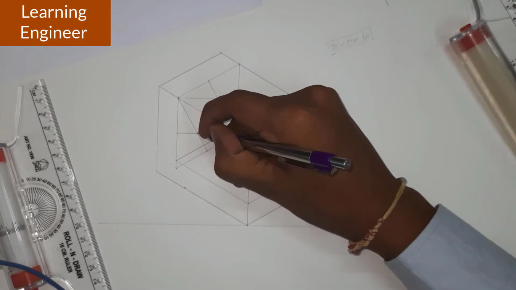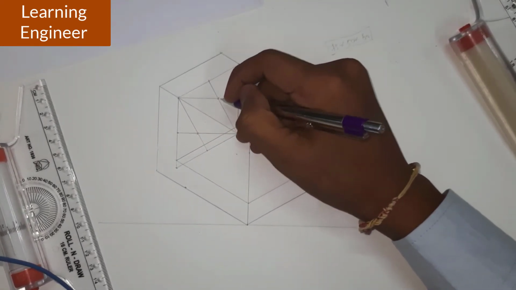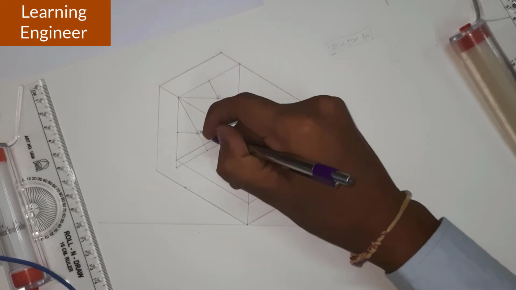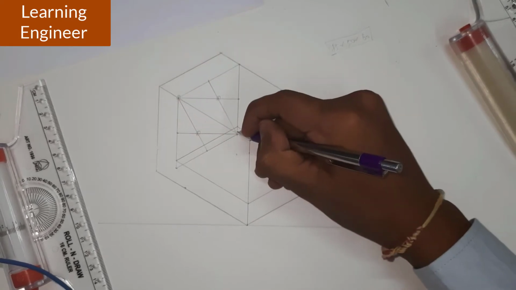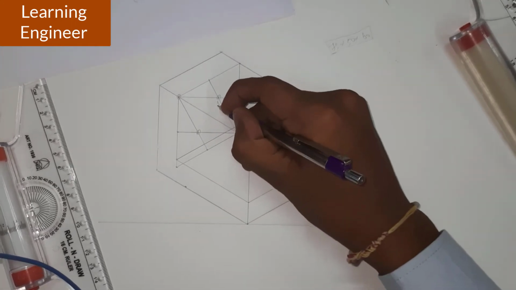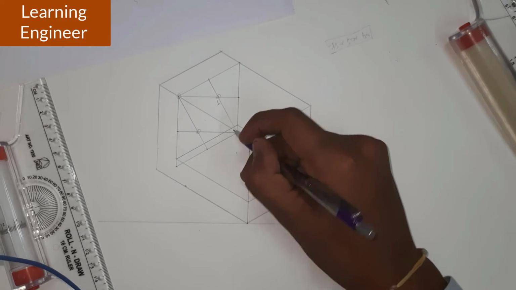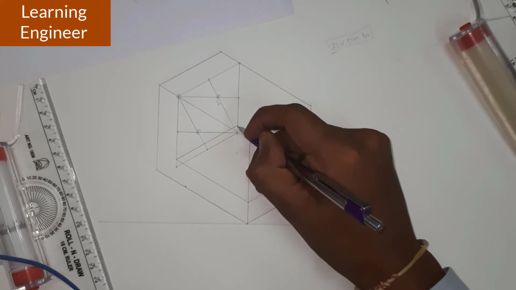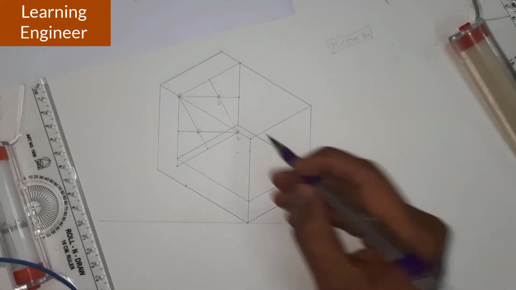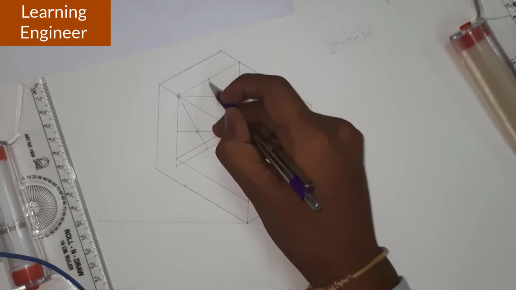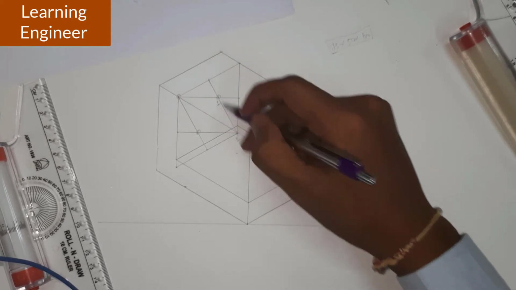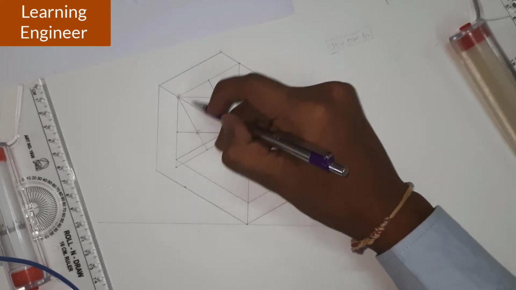So this is how we have marked and we have located the center. So these are the centers. Okay, this is one center, this is second center, this is the third center, and this is the fourth center. We have four centers. As per the requirement, we will be using the centers. We require this one center and we require this second center for drawing the circle. Now we will be taking one as a center and from here to here as a radius, and we will be drawing this particular circle, and 2 as a center, and this much from here to here as a radius. I will be marking this particular arc.